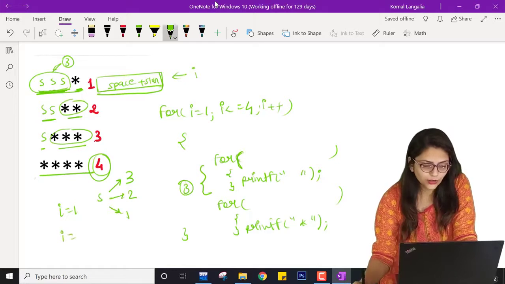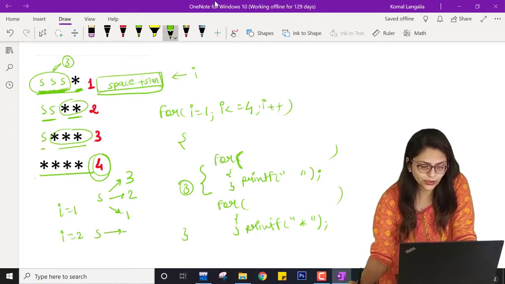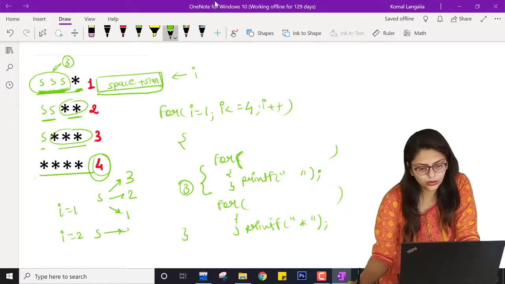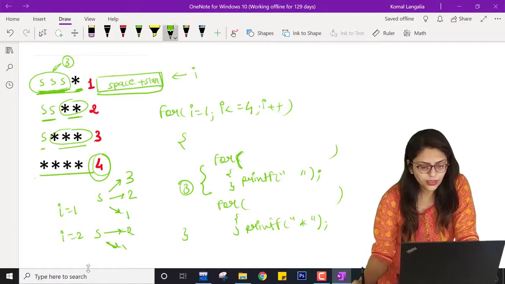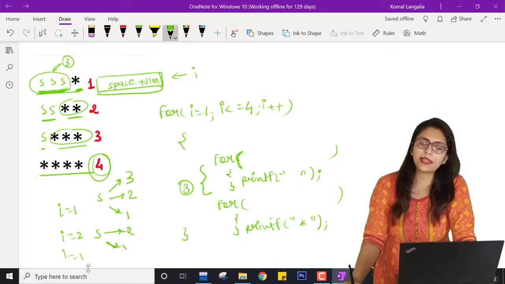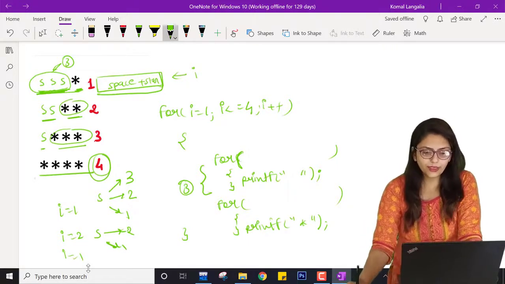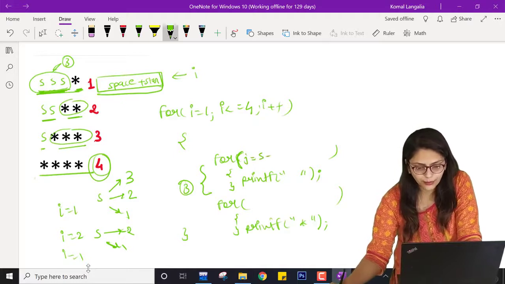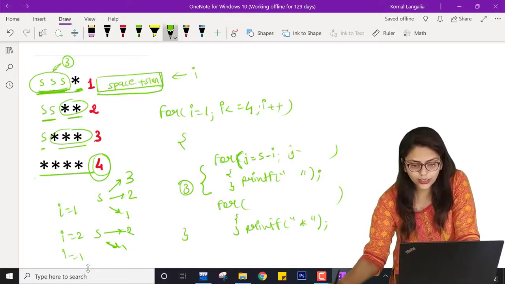Then when I equal to 2, space is executed for 2 or 1. Similarly for I equal to 1, space is executed only 1 time. So how can I write? I can write j equal to 5 minus I, j greater than 0, j minus minus.